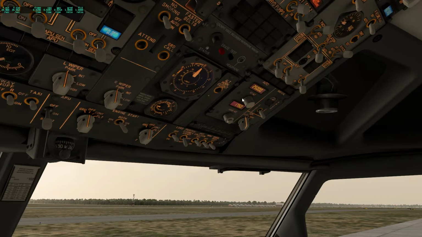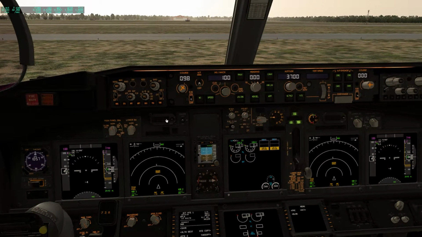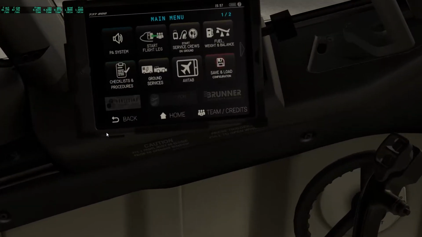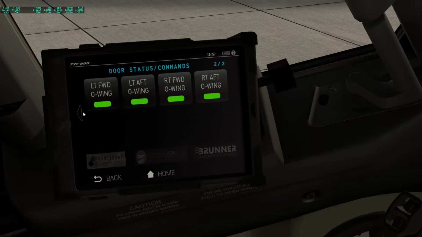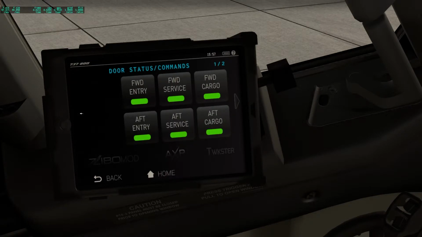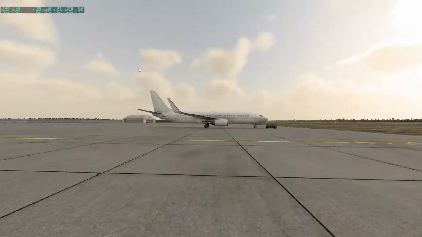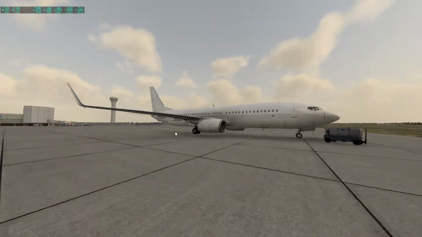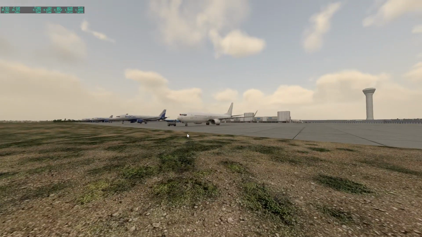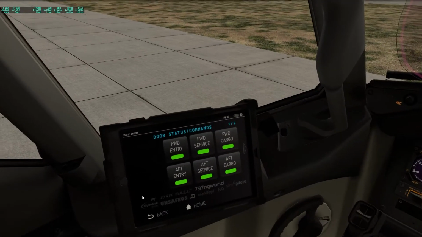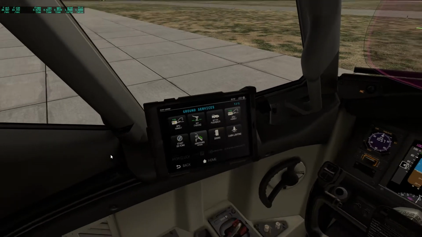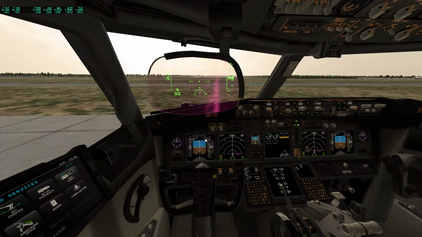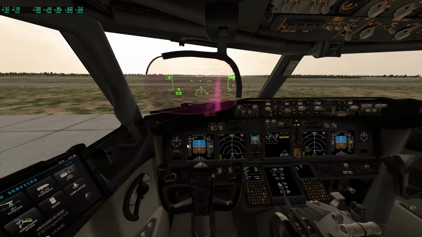That's it. And engine bleed switches are on. And close the doors and disconnect the GPU. I think the doors are disconnected. Ground services doors are available over here. Yes, so all the doors are closed. If you go out, you can see that the doors are closed. Okay, good. So the doors are closed, and if I go back, I can disconnect the GPU. Now the GPU is disconnected, and I have to go to the mode control panel